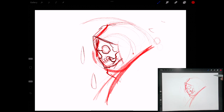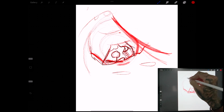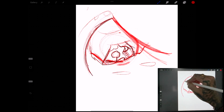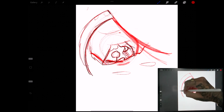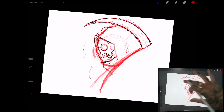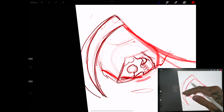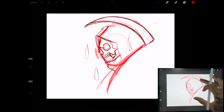Cool. So from here, what we could do is get the basic shape for the scythe down before moving on to our blue. It's going through here, and it's going to be kind of a crescent moon shape going down through. And the cool thing about working with digital is if you run out of room, like say that you had to do the scythe thicker and it went above, all you have to do is